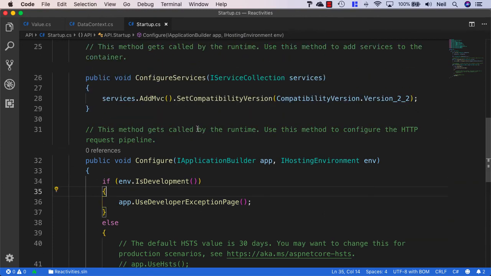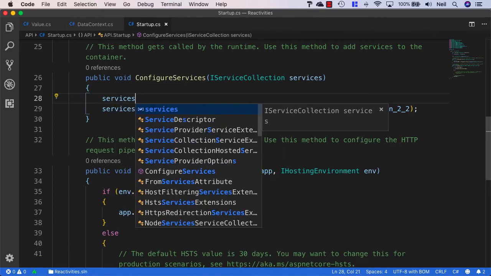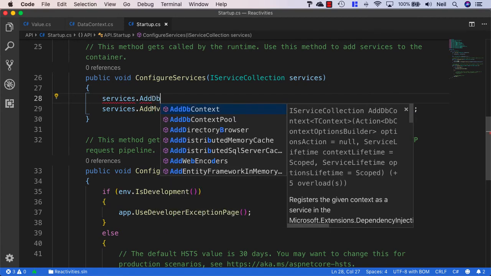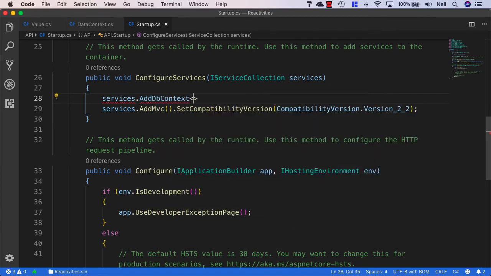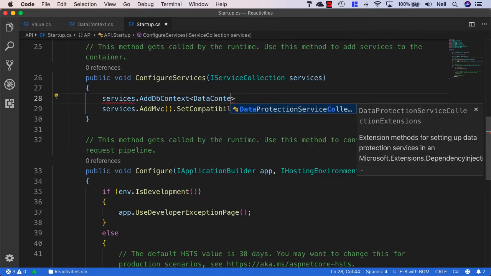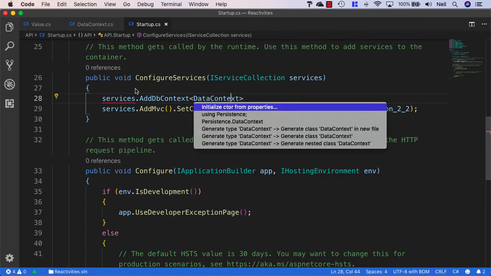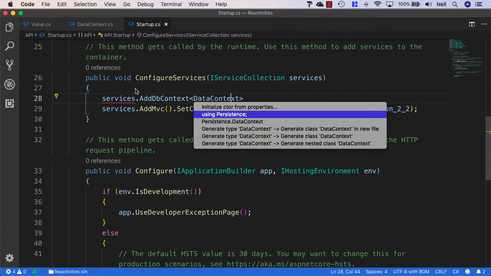So I'm going to go up to the services, and inside our dependency injection container, I'm going to specify services.AddDbContext, and we need to tell it what our DataContext is. So I'll specify DataContext inside here,